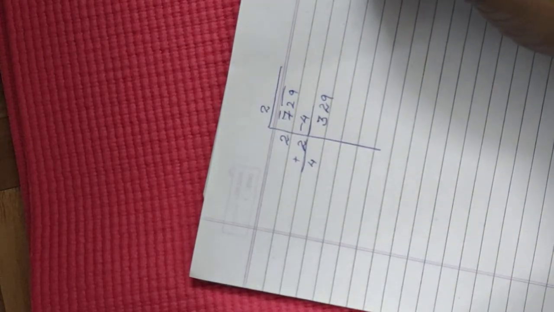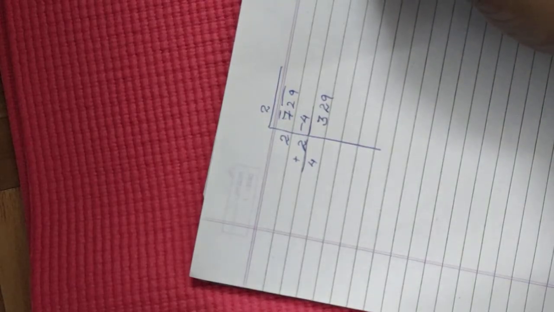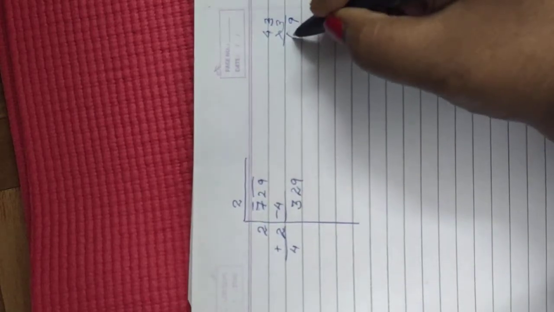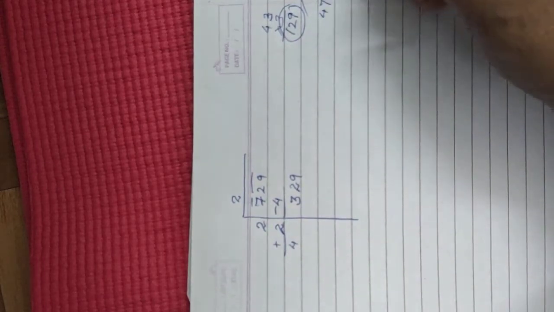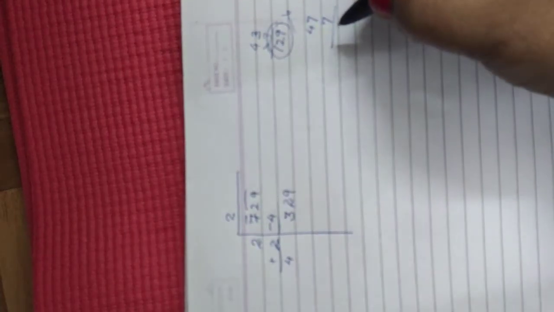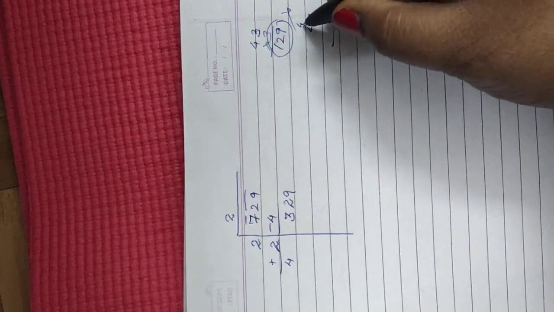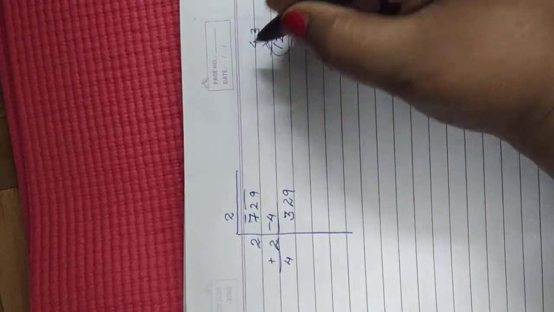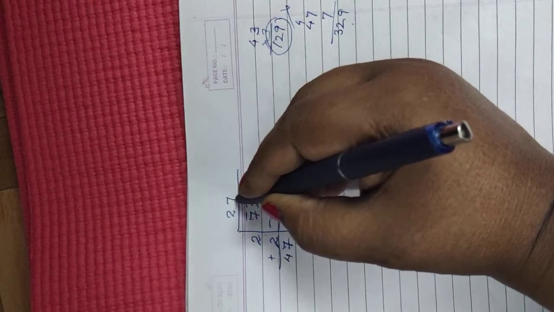Now what if you multiply this number by 3? You will write the number with which you are multiplying. You have to write down that number also, and then you have to multiply it. Means 3 3s are 9 and 3 4s are 12. So it is not possible. So just write down 47. Let's see by multiplying by 47. So when you multiply by 47, you will get 7 7s are 49, 7 4s are 28 plus 4 is 32. So here we will write down 7 here also and here also.